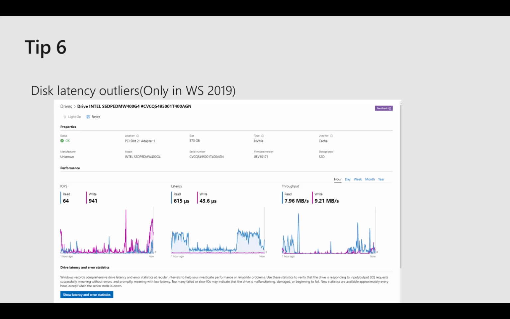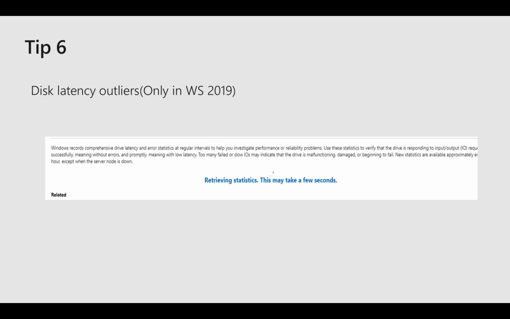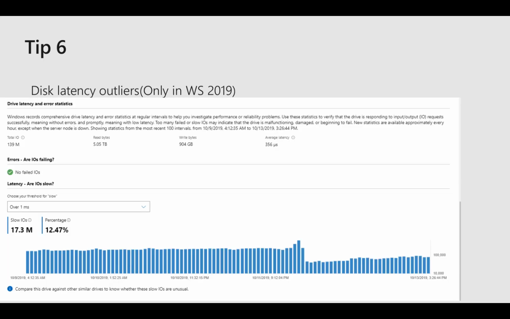Tip number 6, disk latency outliers. This is a new feature that came in Windows Server 2019, and it's a really nice way of figuring out if one of your disks is failing. When you go into the drives in Windows Admin Center, you can see at the bottom there is something called Show Latency and Error Statistics. If you click on this button, it will retrieve the statistics. It takes a few minutes for it to get this, and then it will show you